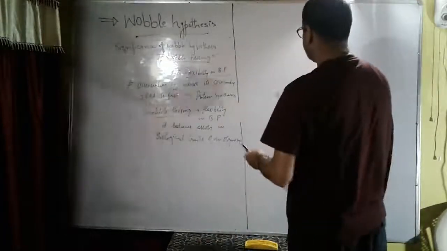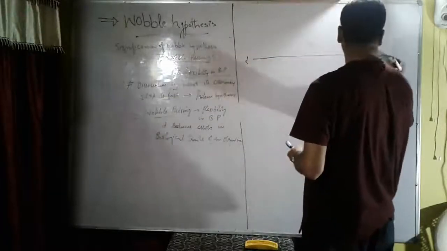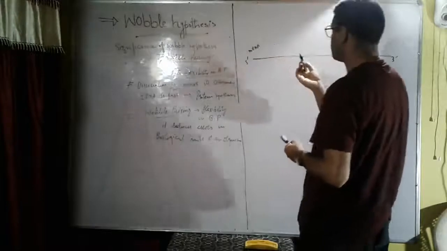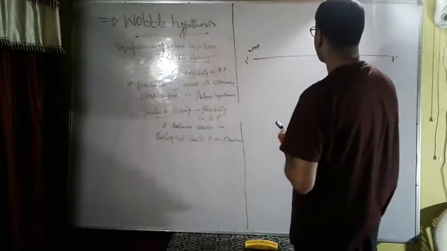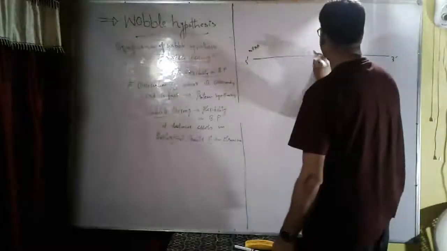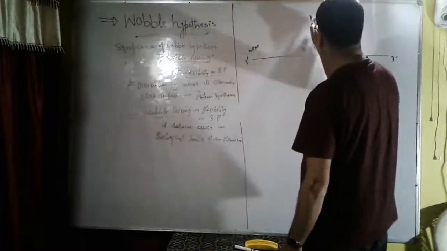We know that this is the 5' and 3' end. This is messenger RNA. We have a codon on messenger RNA. Suppose GUG. Obviously, this is